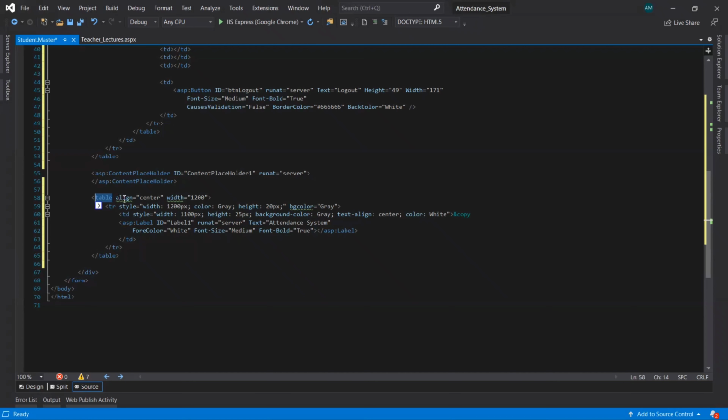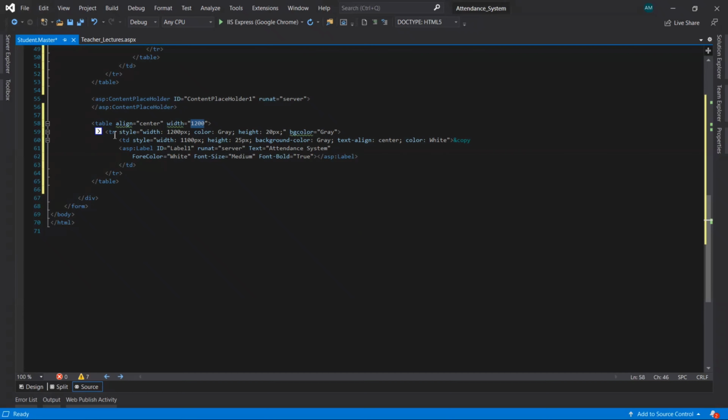I have given the properties inside the table tag, that is align center and width equal to 200. Inside the table tag I have taken one table row with CSS properties like width 200 pixel, height 20 pixel, and background color gray.